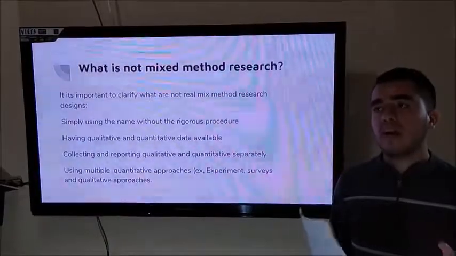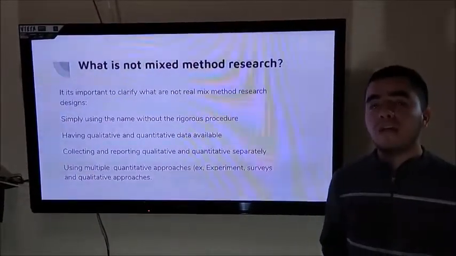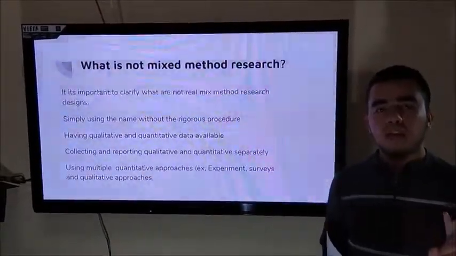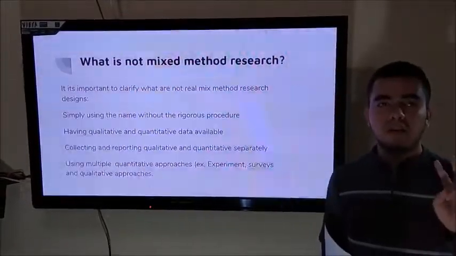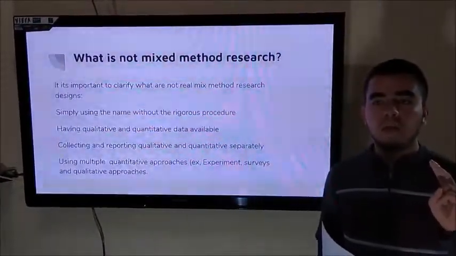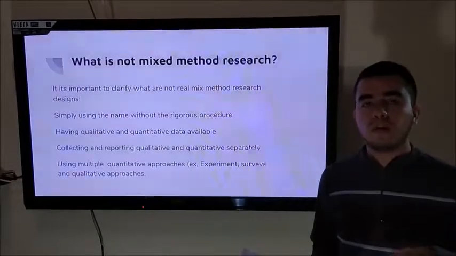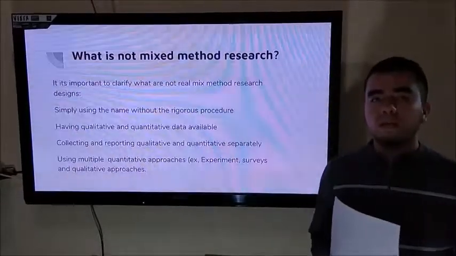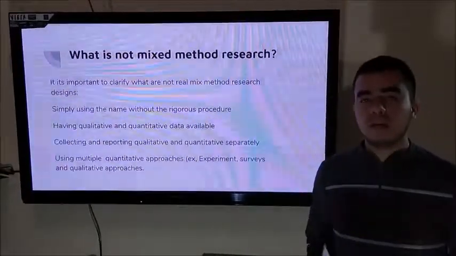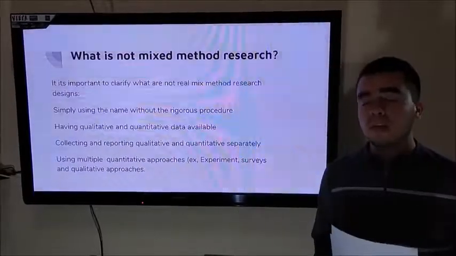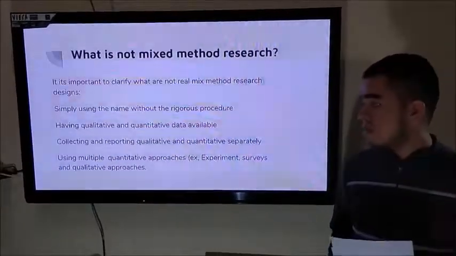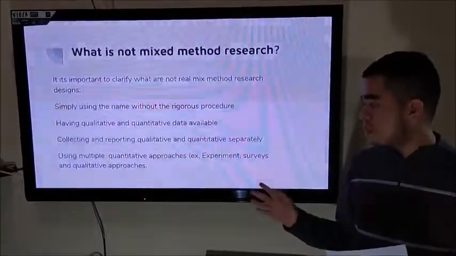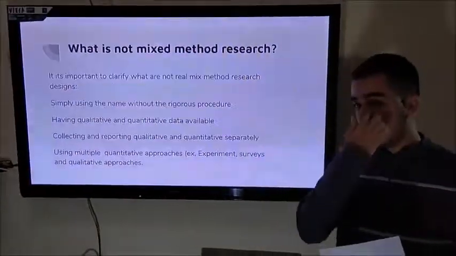We can have the two data collections separately, but we need one part of the qualitative to support the quantitative or vice versa, in order to have a truly mixed method research design. Also, using multiple quantitative approaches or qualitative approaches in the same study